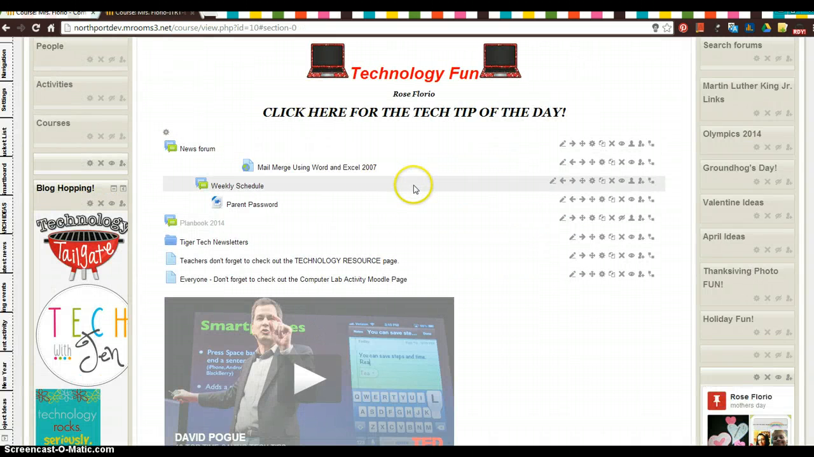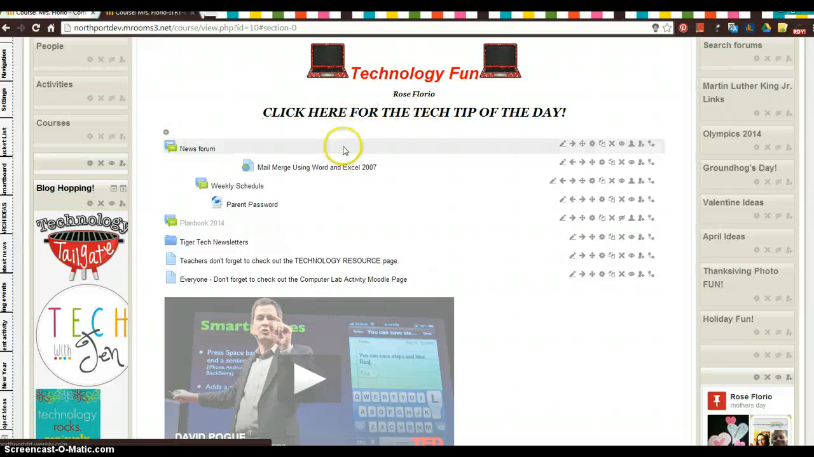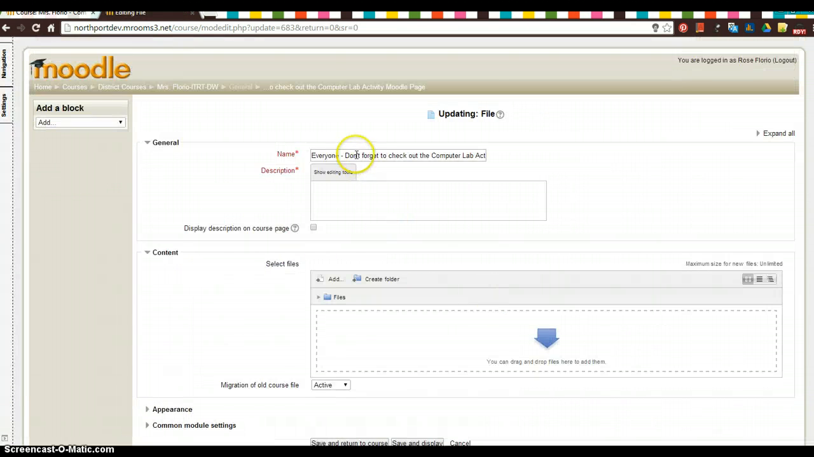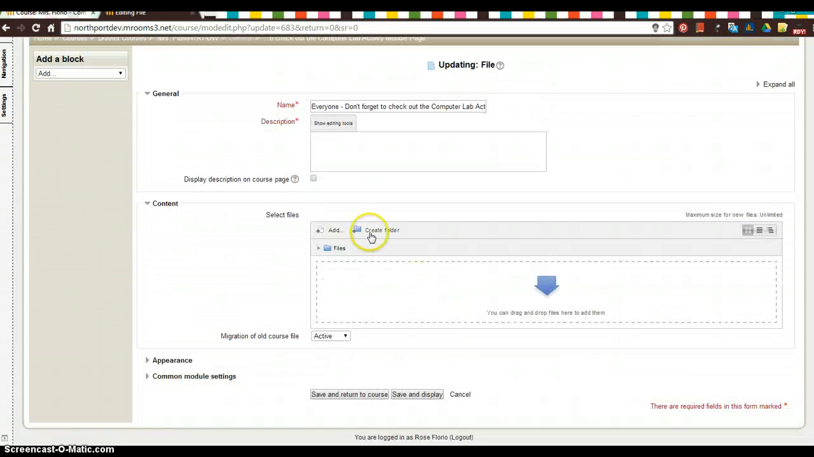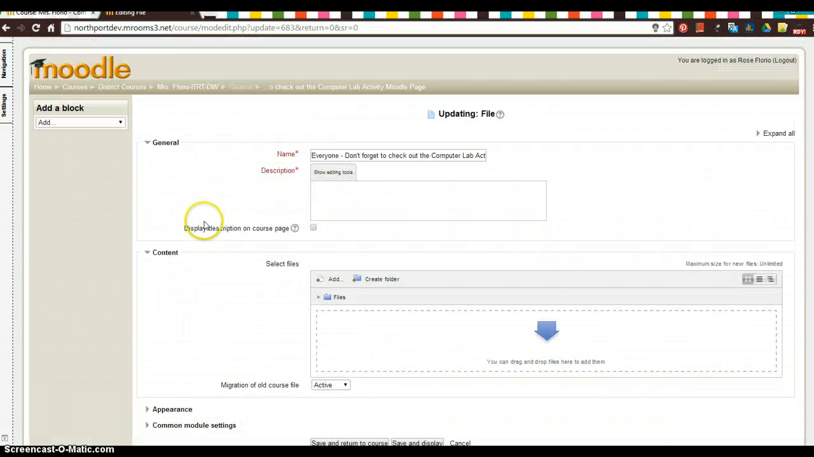Okay, so the gear is new. There's no more hand with a pencil. You need to click on the gear in order to update or edit any type of resource, activity, label. Okay, so this was like a link to a web page. So if I wanted to change it or update it, I click on the gear now. And then it's going to open that resource up for me, and I can change what I needed to change. I'm just going to use the breadcrumb trail to go back to